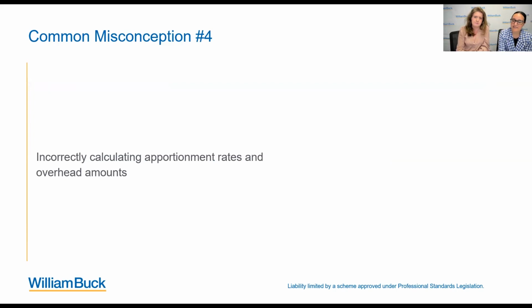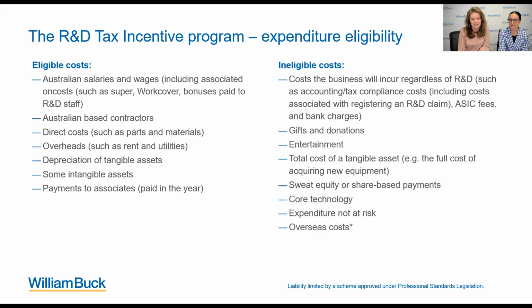So the last misconception we'll cover in this session relates to the calculation of R&D expenditure. This is a common mistake we see in self-prepared R&D claims, where apportionment rates for allocating company overheads and indirect R&D expenditure are calculated incorrectly because the expenses included are either ineligible or just not relevant. Once a claimant has identified what activities can qualify, they then need to determine what expenditure was incurred on